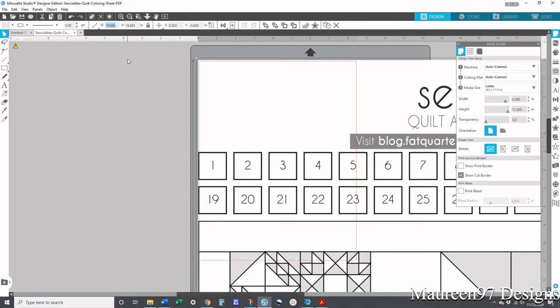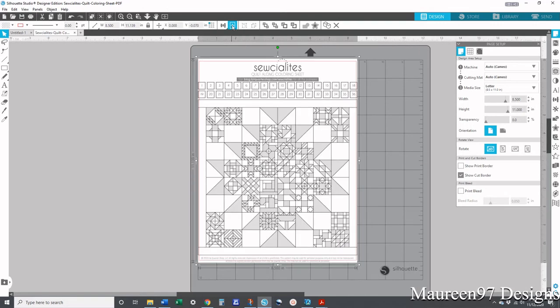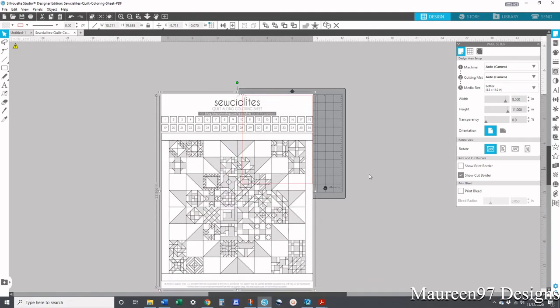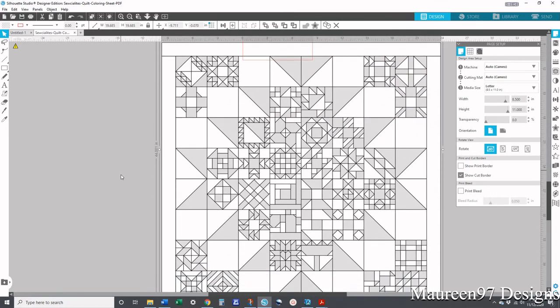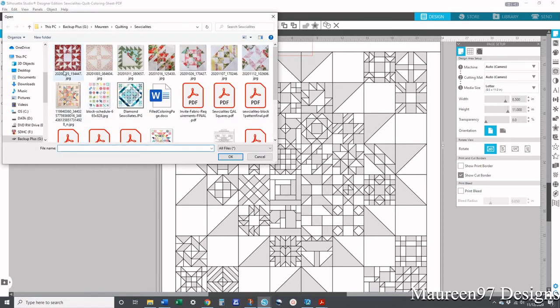and then I'm going to make it, let's see, 8.5. And then you're going to see it's off the screen. So all I have to do is come up here to the middle, and this is the centering button. And so that'll center it on this page. Of course, if I want to look at it bigger, I can make it bigger or smaller. And if I want to make it really big, I can always zoom out and make the sheet size bigger if I want to, so that I can see the blocks even better, like that. Then I'm going to go back up and open a picture of my block,